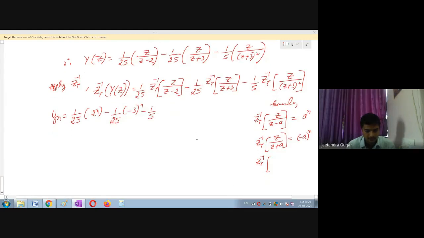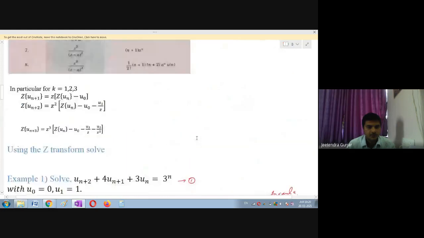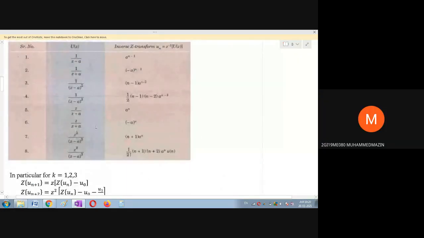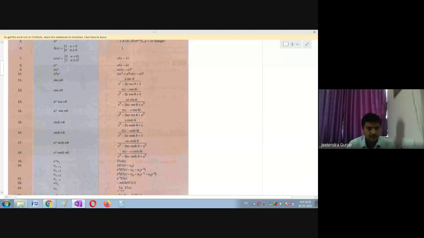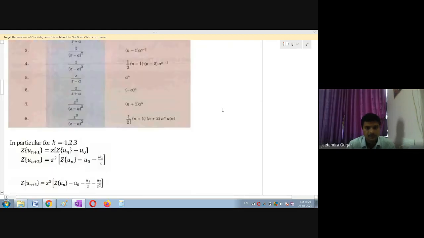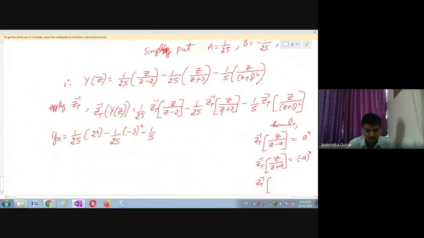You have to first check from this formula list only. Minus 3 into n. Yes, you are going to take this as n a raised to n. Here a and a you will get, you will make this plus and here you will make this minus. So therefore you can take down this formula, that is,